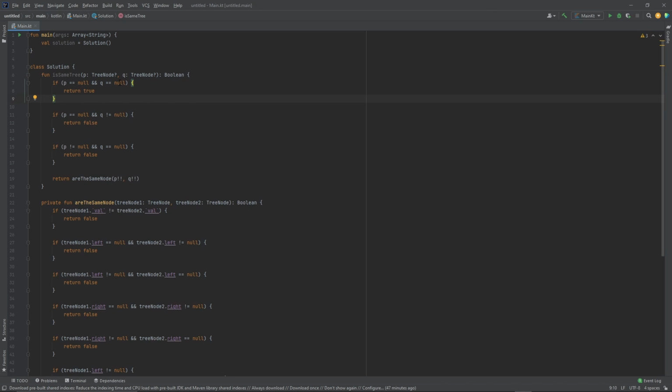So first we're checking with this top node right here. Because we're going to be passing non-nullables to this same node function, we need to make sure that they're not null and go ahead and do the checks here. So we know that if these ones that are passed in here are both null, then they're the same. They're both null. So just go ahead and return true. If one's null and the other's not, then return false because they're not the same. Then just check the other way around. But if they're both not null, then we need to